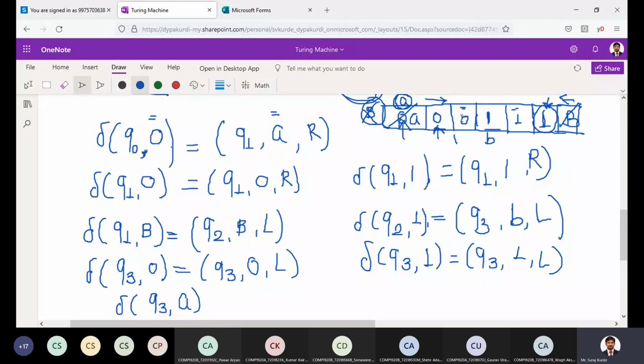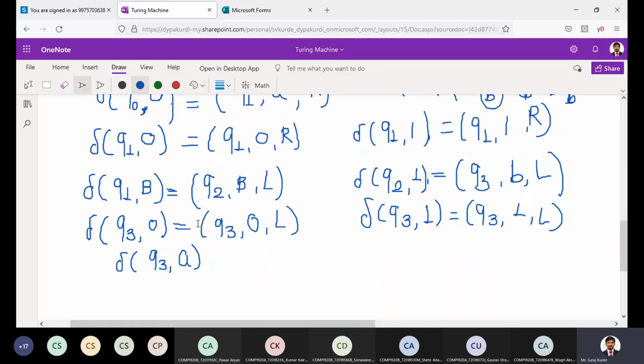Here it is B. So if we replace all this, it becomes A. To the right of A, it will be B. Or if the condition is not matched, it will read 1 also. So let's say 4, 1 are there. Then this is replaced, go to the left, replace, go to the left, replace A, come back, then replace this. Now on the right of A, it reads B 1. Instead of 0 or B, it reads 1. Now in this case, it should go to the reject state. It should not accept the input.